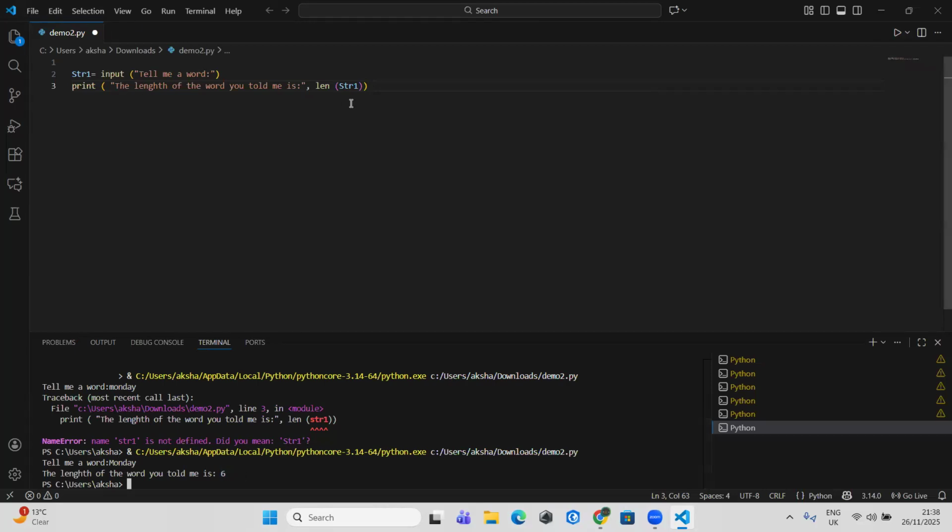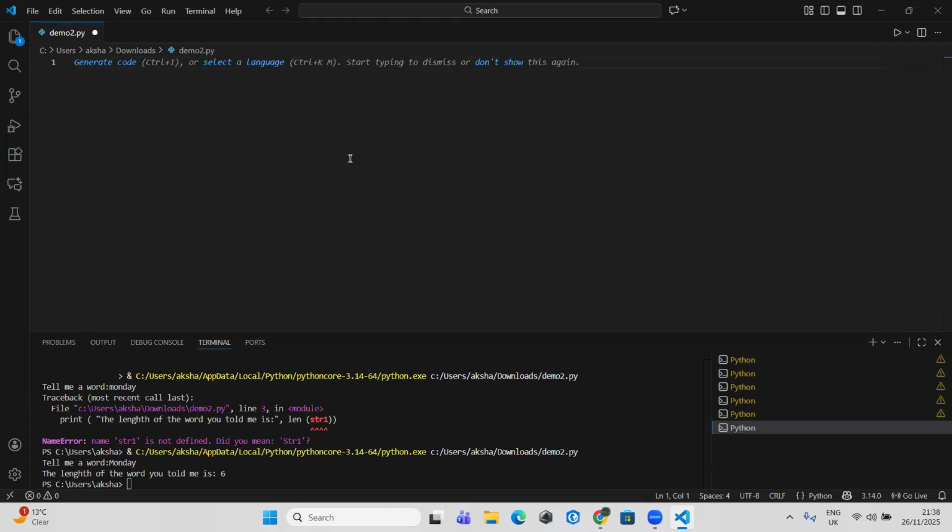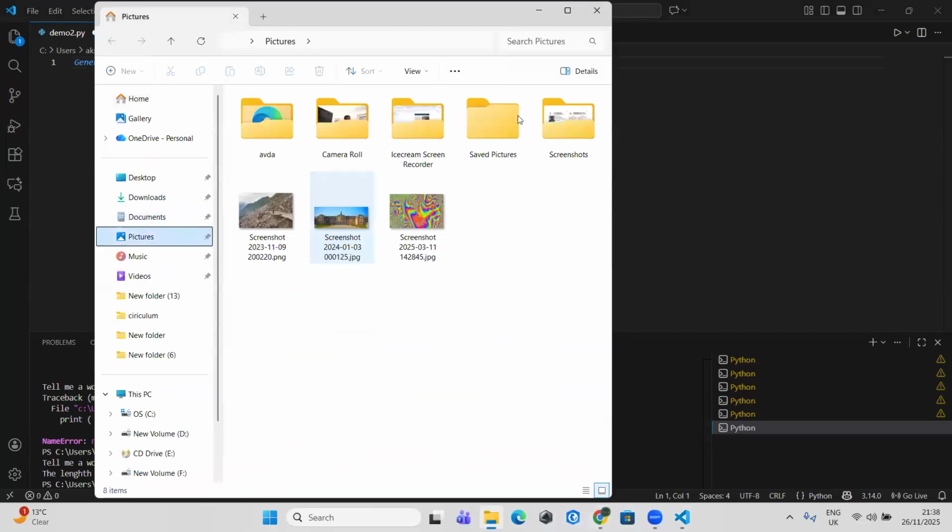So there is this function that is the length function. So with this, you can tell the length of the string. Now there is something that is called indexing, the principle of indexing. Now what happens in indexing is,